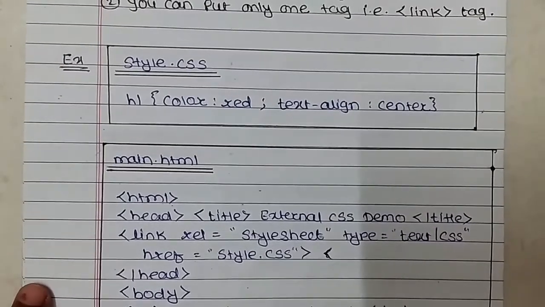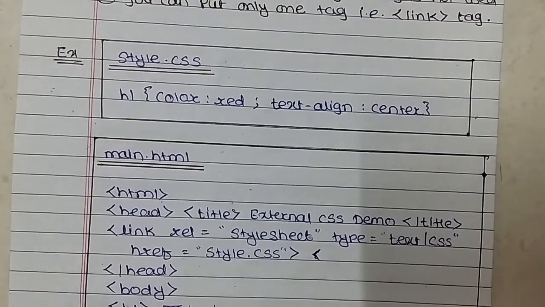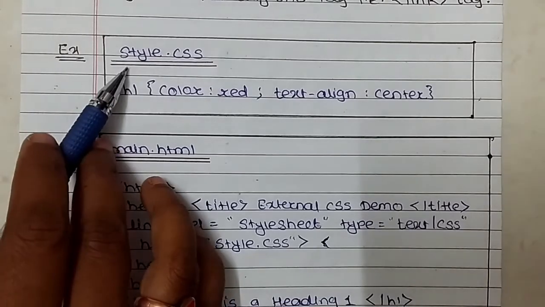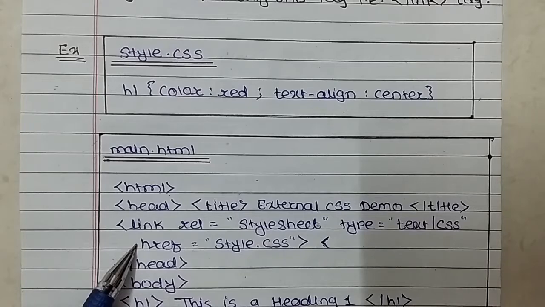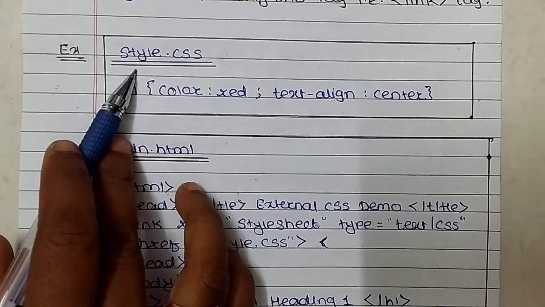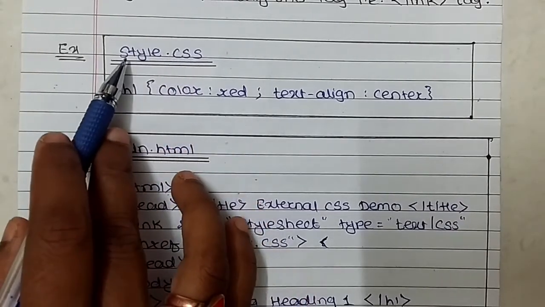Next, we will discuss this style sheet with the help of one example. We will study it step by step. First of all, remember the basic concepts. When we design an external style sheet, there are two files you have to create: first for styling information and second for your main HTML document. The external style sheet document is saved as a .css file.